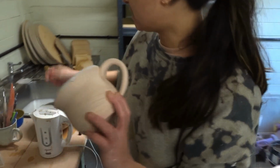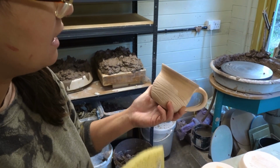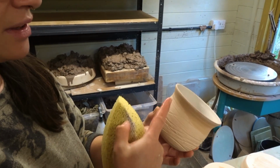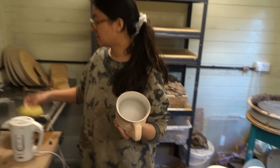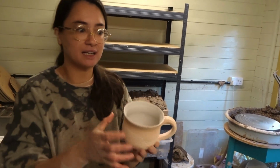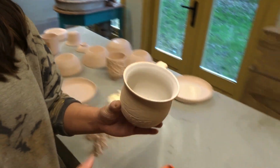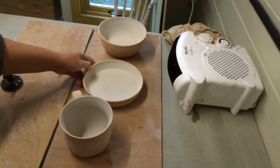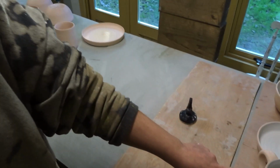And then I just sponge away these few drips that have gone over the side. If this is a white mug, I won't do that, but because it's a different colour on the outside, I just make sure it's clean of the white, because it will affect the colour of the glaze. And then I'm just going to leave this to dry out in front of the heater, just so that when I put the colour on the outside,